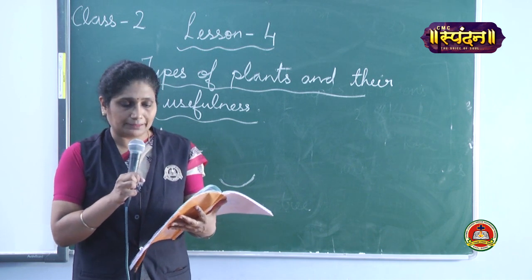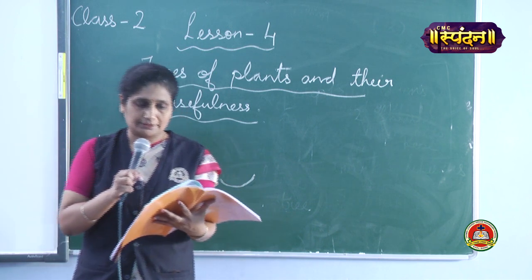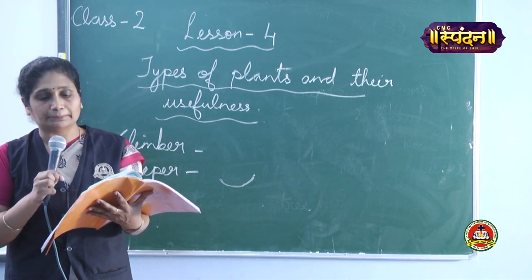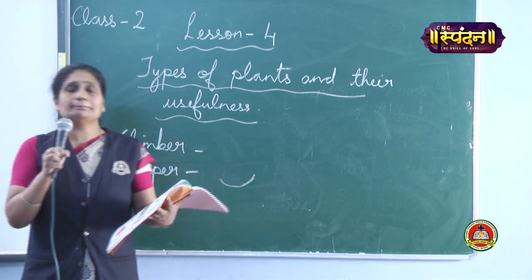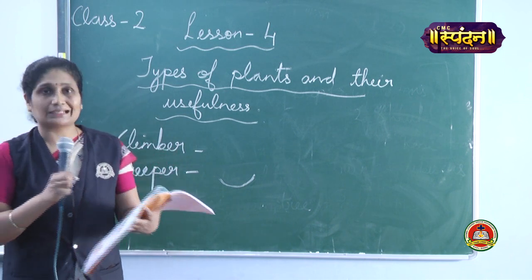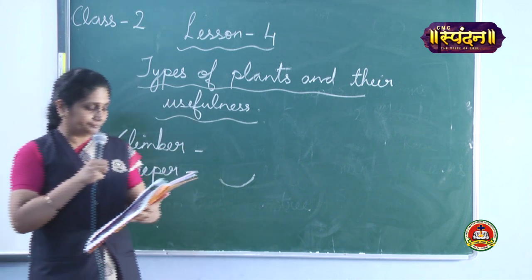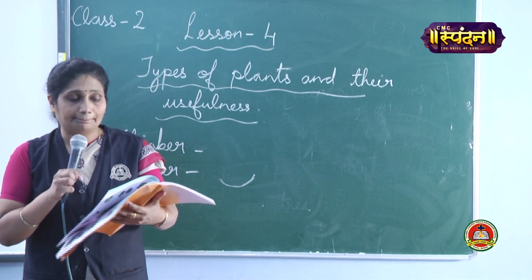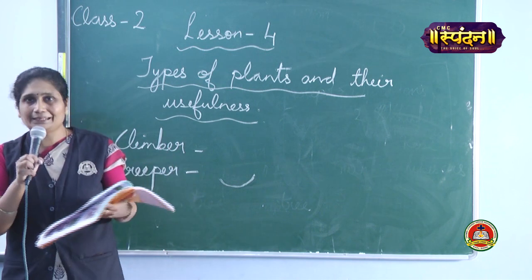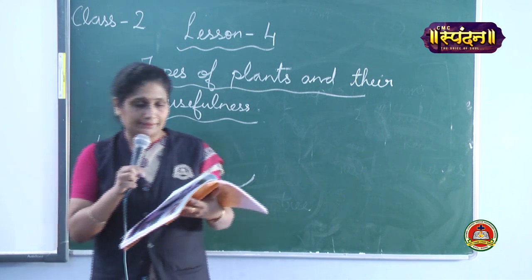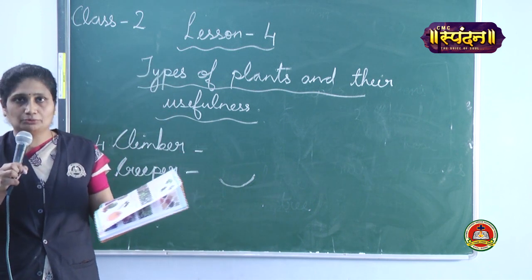Some plants are called climbers and creepers. They are very weak and cannot stand by themselves. Plants which climb up with the help of supports are called climbers. I have told you that it needs support to climb up. So they are called climbers. Climb means chadna. So it needs a support. Okay. So peas, what are the examples? Peas, beans and grapevine are climbers. What do you mean by peas? Peas, matar, beans means barbati, and the grapevine means angur ka jo ped hai.